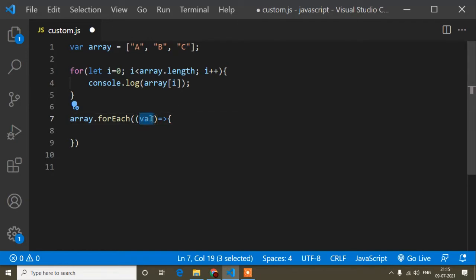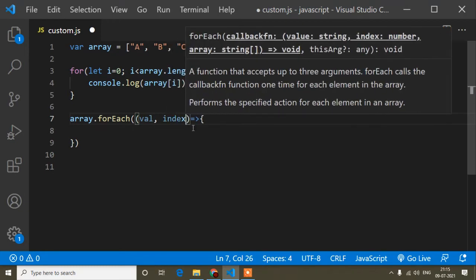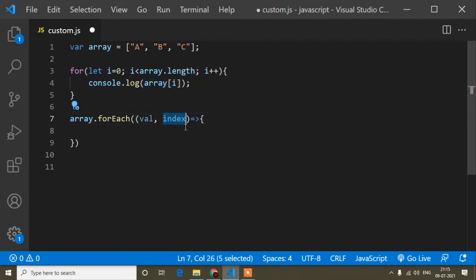So here we write value. And the second parameter, when we need it, is not mandatory; you can either write a second parameter or not, that depends on you. If you need the array position, then you can write the second parameter, and you can pass any name that will denote position.